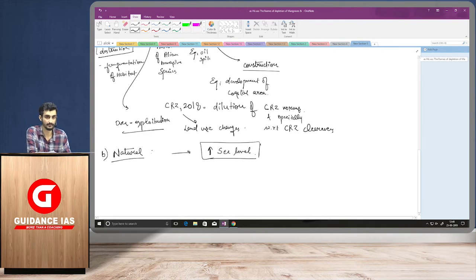So if there is global warming or climate change, there will be rise in sea level, and if there is rise in sea level, there will be more salinity, global warming, more temperature, more tidal intrusions,